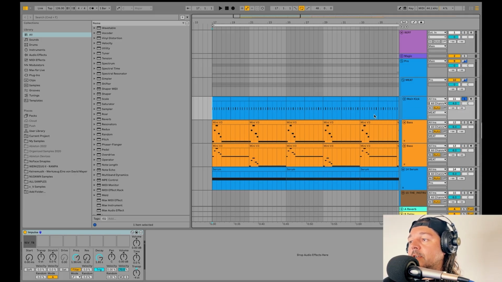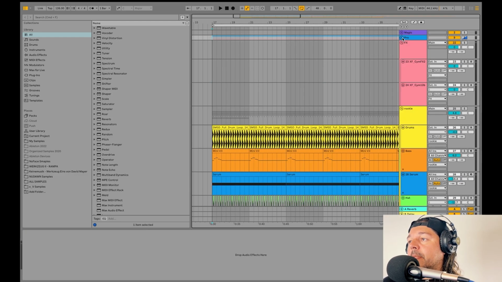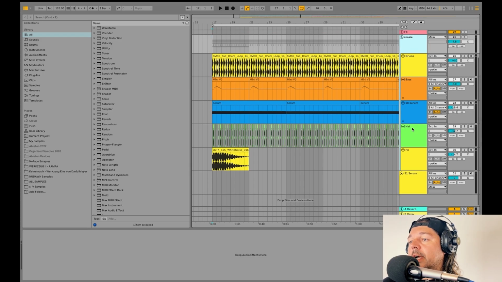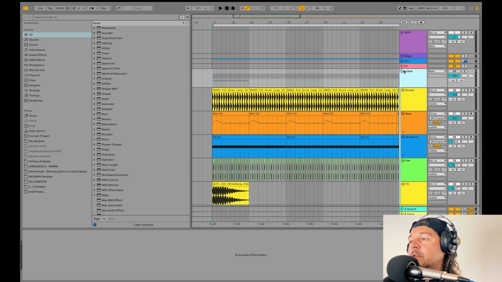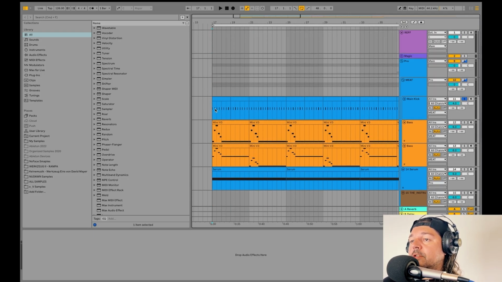So this is my kick drum on this particular example. As you can already see, this is the Pro, and right here at the bottom I have the rookie layout of a similar track, which we will go over. But let's take a look at the drums here. So the kick drum,